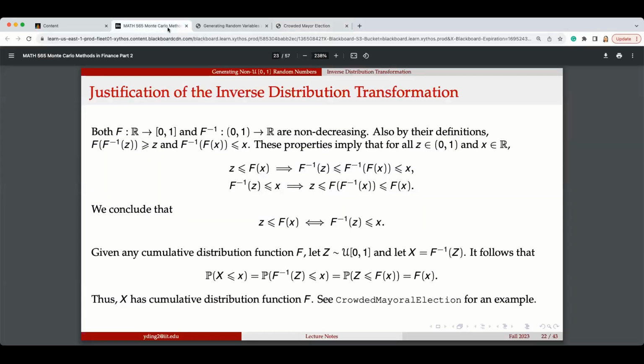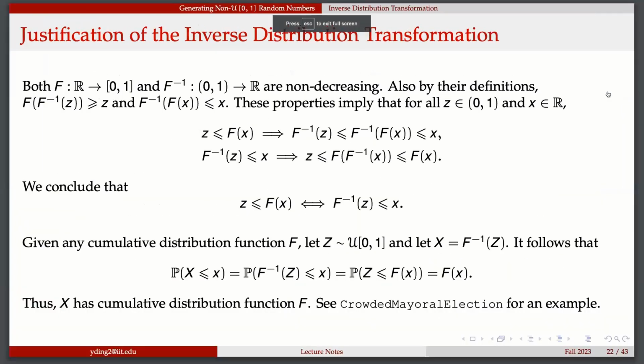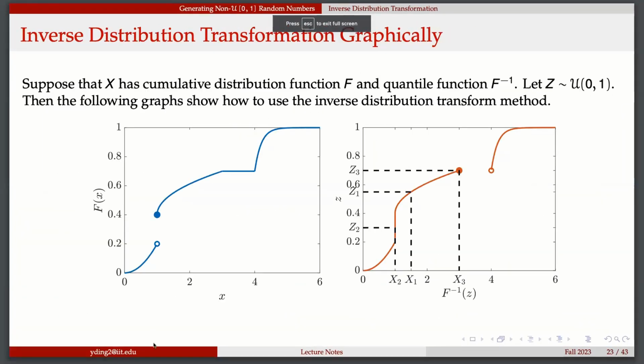Let's see some other example here. This is a computer example you can see, but we will also have some other example here. This is trying to show you how we can really do the mapping. So for example, we have some cases. This x can take the value from 0 to 6, and it will have a jump at 1. So at 1, it will jump from 0.2 to 0.4. You can consider it will be continuous from 0 to 1, and at 1 the probability held is 0.2. So it jumped to 0.4 here.